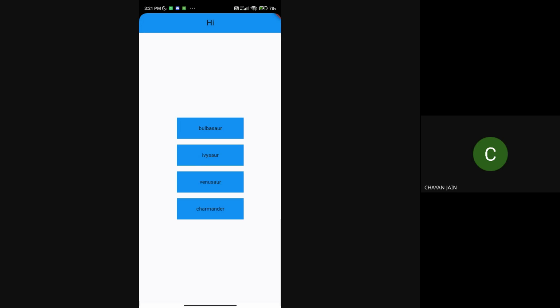widget. Let's change it a bit. Pokemon details screen, and inside push I have to give a route, and inside builder it takes in context. Context is just what it means, context of everything in the app, and this will return Pokemon details screen. So now,